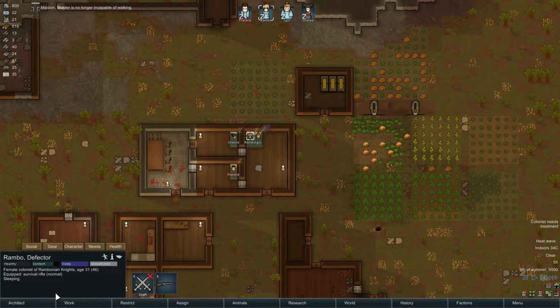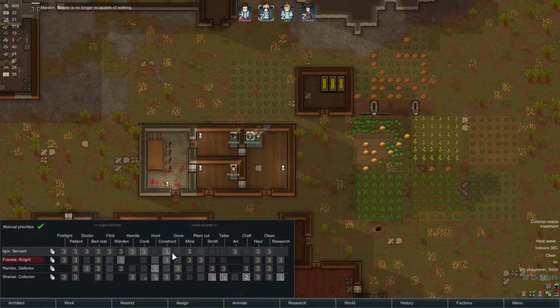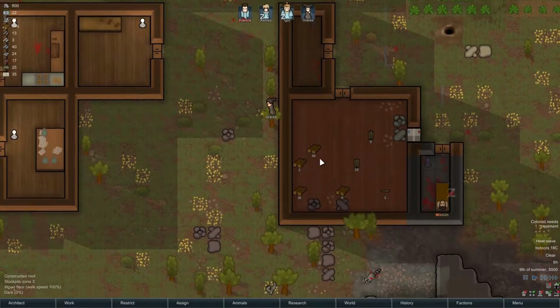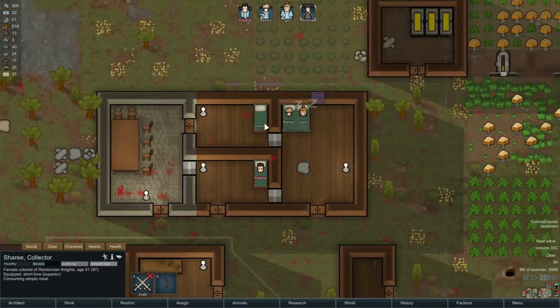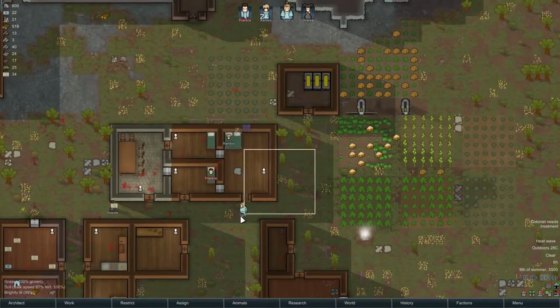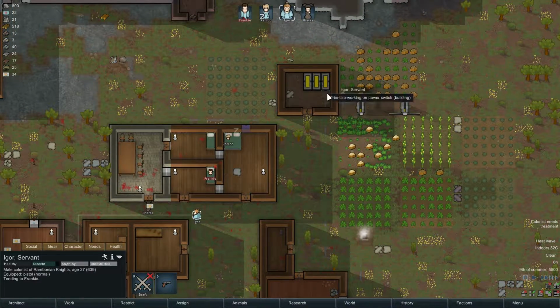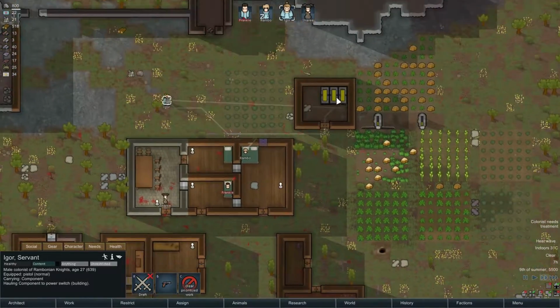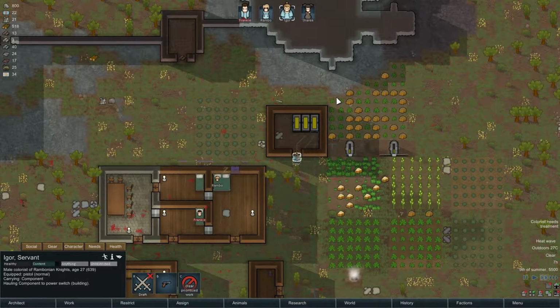Rambo, are you going to be doing it? Can you even do construction? Rambo, in fact, can, but it is turned off. Probably because Rambo is supposed to be the colony leader and is not supposed to be doing any form of work like that. Just saying, small thing. Igor, you, don't tend to Frankie. Please finish the power switch so we can get power back into the colony. My word. Those batteries are